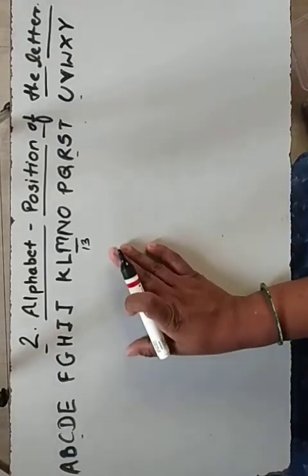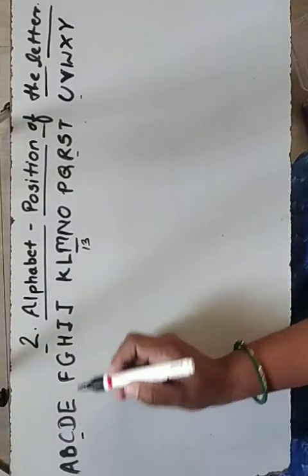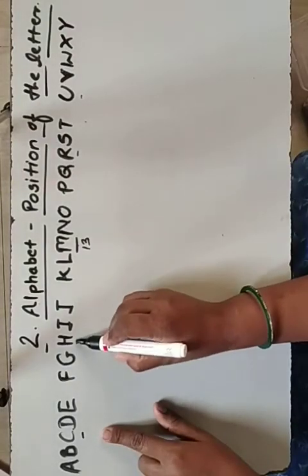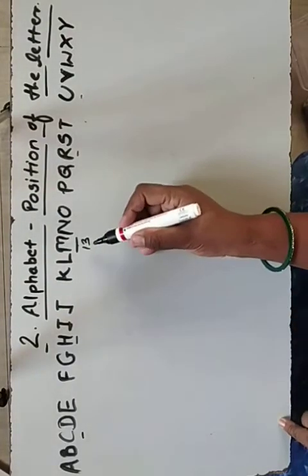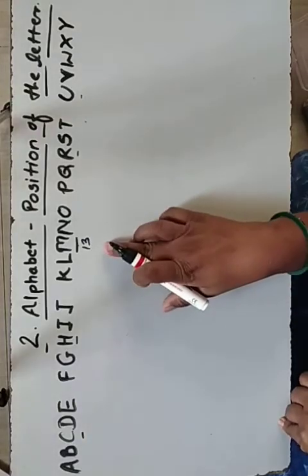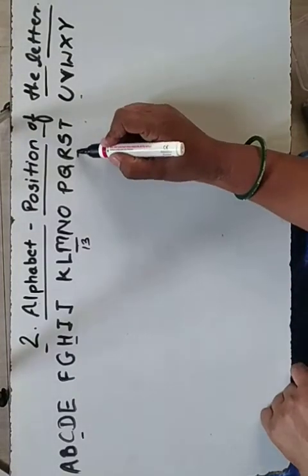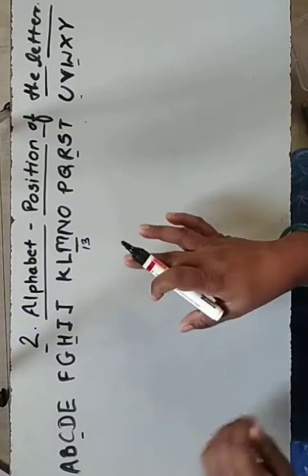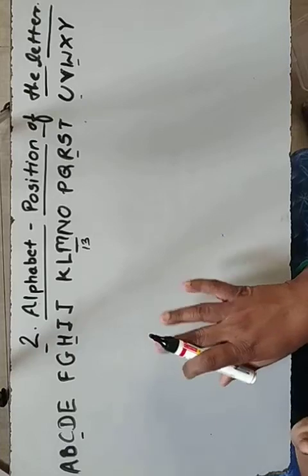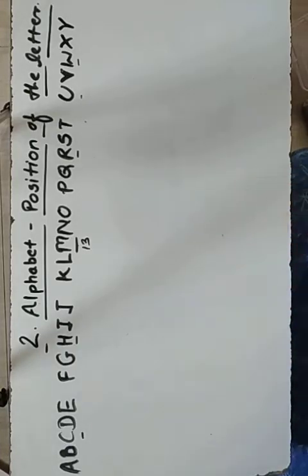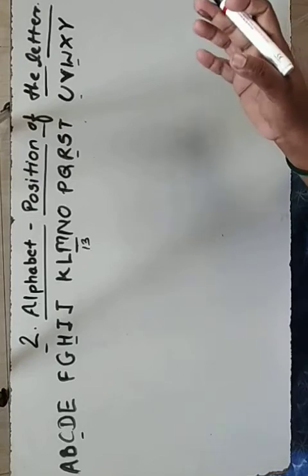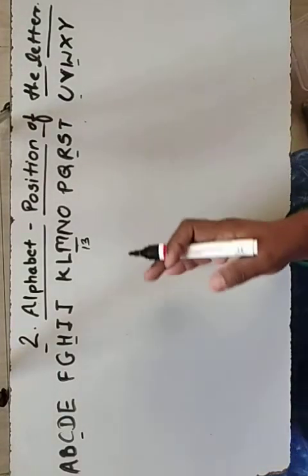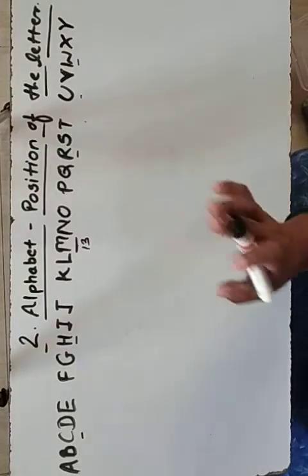Now these 5 groups are there. In these 5 groups, which is the middle letter, that also we must know. So first group's middle letter is C. Second group's middle letter is H. Third group's middle letter and the series middle letter is M. The next group's middle letter is R, and the last group's middle letter is W. And when they are asking the question related to Z, then they are noting that Z we have to use in this series.